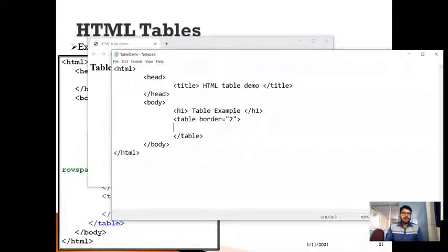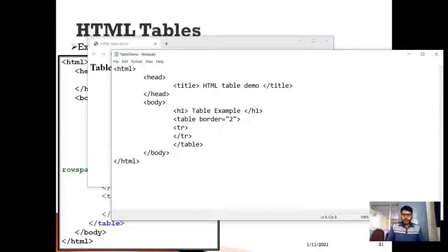So I need to include table rows. Within the table rows, I need to include either table heading or table data. Assume that I require minimum 3 rows. For that, I will include a table row thrice here.